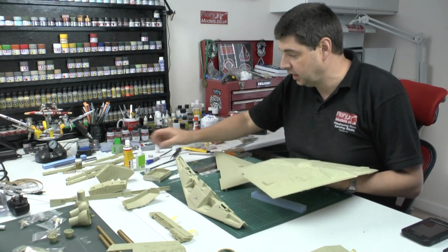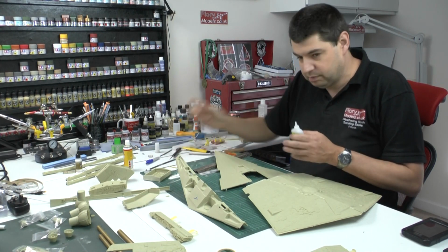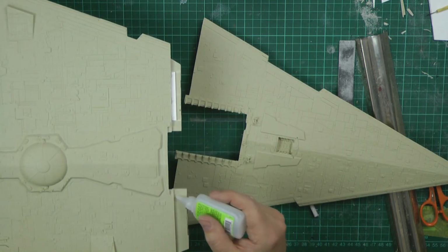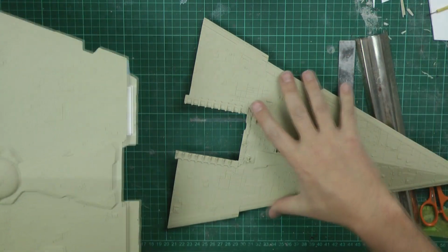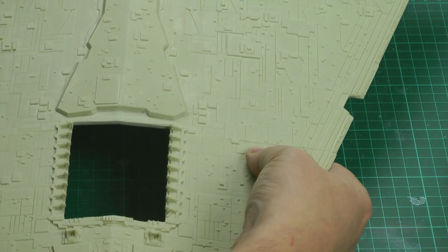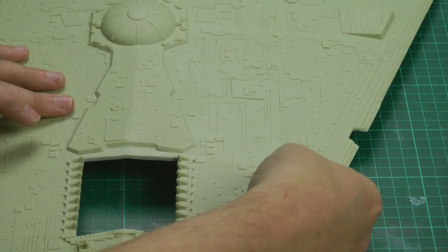Okay, so what we can do now is what we did before. All we're using is, to be honest, a little bit older super glue than what I have. It's a little bit thicker, it's been around a little while. So I'm tacking. When we say tacking, we are literally just putting in a drop, 3 drops like this, and then we're just gonna put a little bit just down there, and then we're coming along with our underside. Okay, then we're happy how it's lining up and everything else like that. Okay,